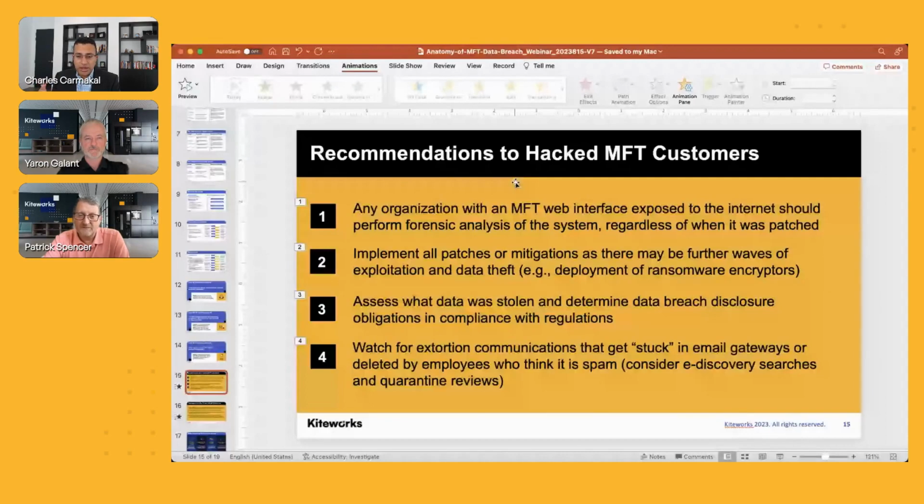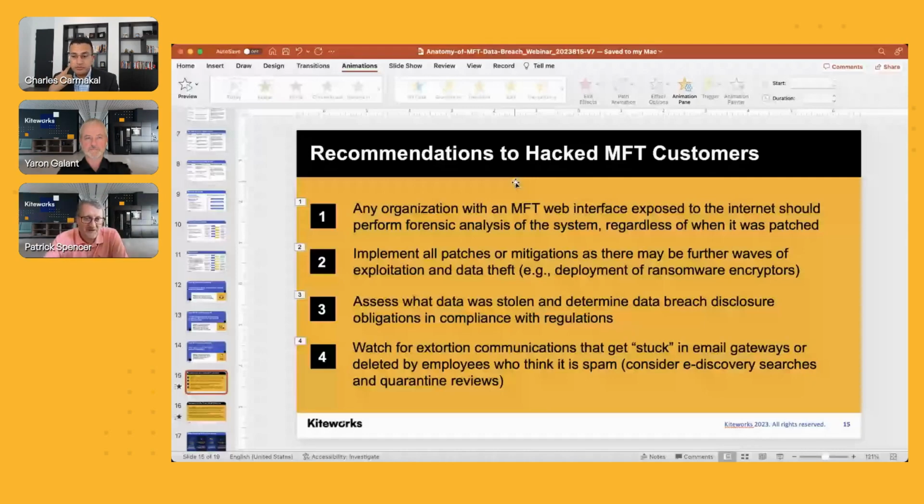And then, watch for extortion communications that get stuck in email gateways. Actually, coincidentally, we just saw another round of extortion communications being sent to victim organizations by who we think is probably CLOP/Fin11. We're not 100% sure of that yet. We're still digging into it because, by the way, for every real email that goes out there, there's always some number of fakers out there that are trying to leverage the momentum and the publicity and scam a victim organization. But we think that there is another iteration of communications that are occurring right now. And we know that the threat actor is trying desperately to get paid from more victims.